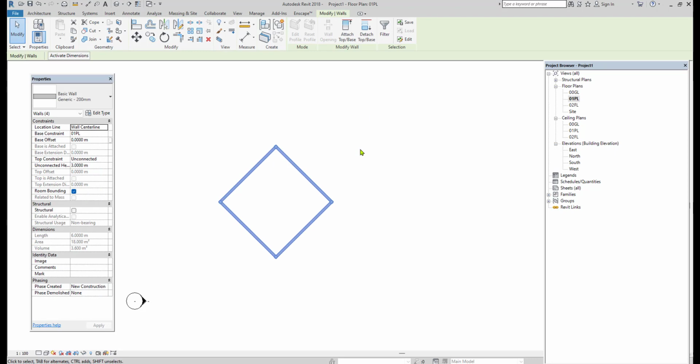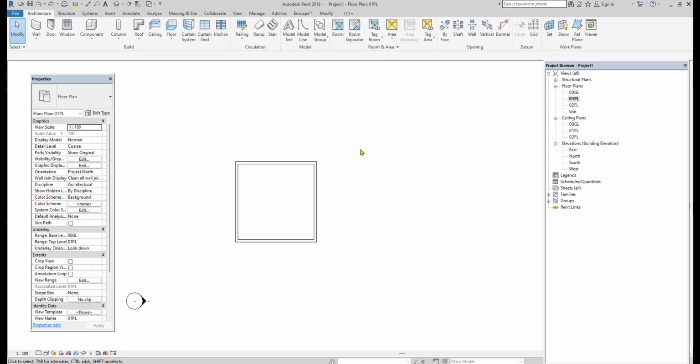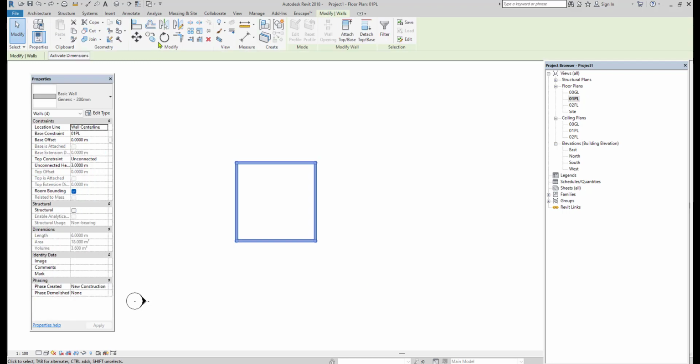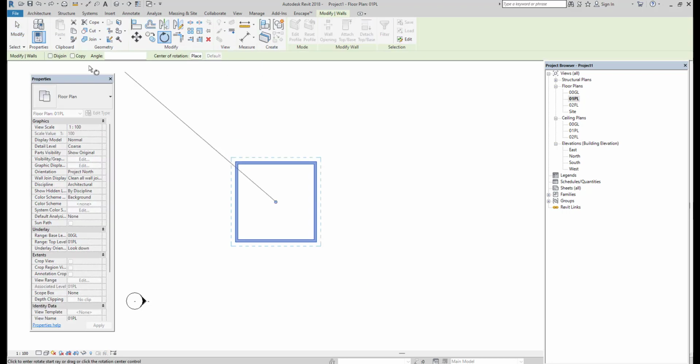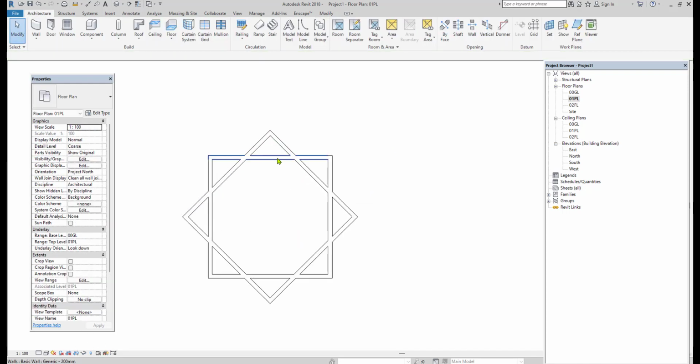So now if I want to keep the original object along with this, then I just do Ctrl Z, select the whole object, take a rotate command and make sure your copy option is on. Then next, click the second point, that will be your plane of rotation. From this plane of rotation, how much angle you want to give, that you can give, so that you will get both the original square and then the second square.